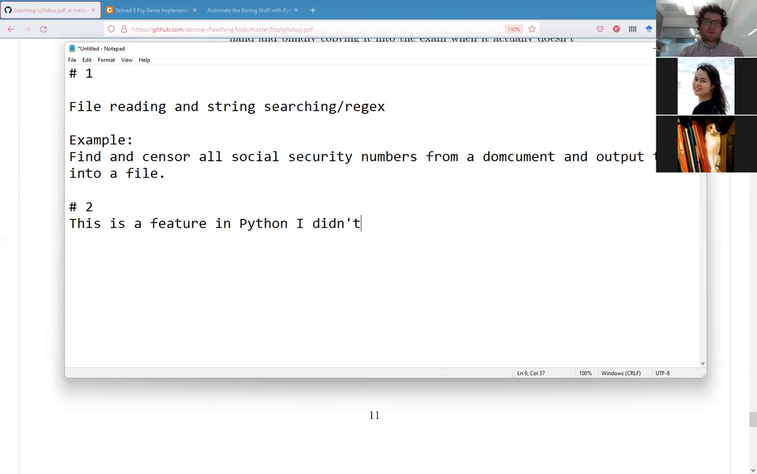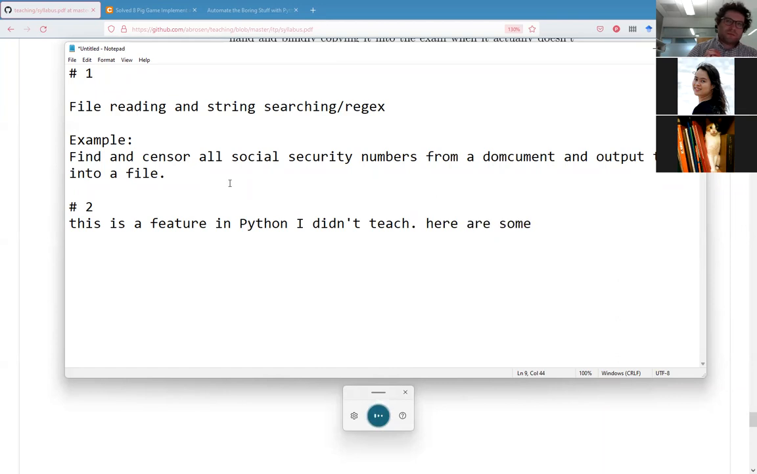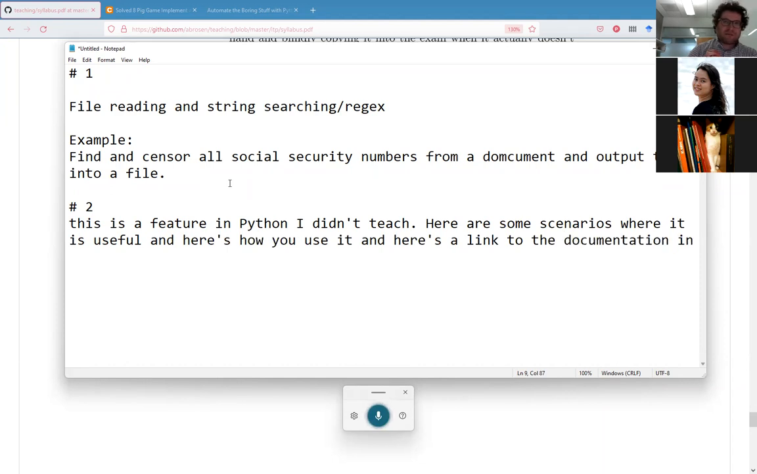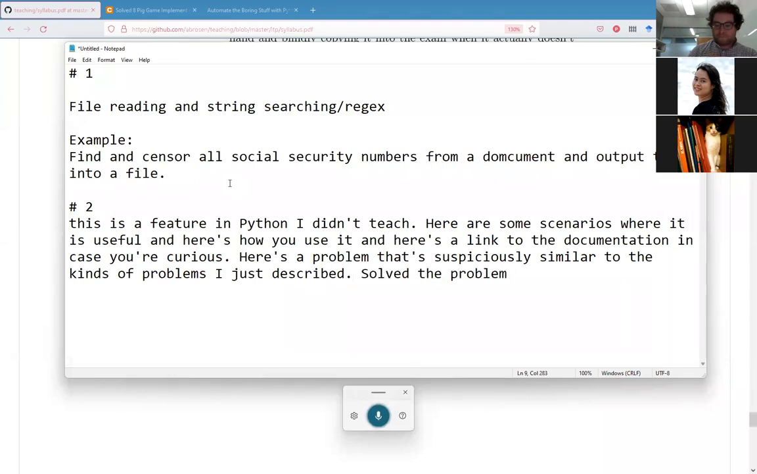So let's see if I can do that. Hold on a second. This is a feature in Python I didn't teach. Period. Here are some scenarios where it is useful. And here's how you use it. And here's a link to the documentation in case you're curious. Period. Here's a problem that's suspiciously similar to the kinds of problems I just described. Period. Solve the problem. Here I'm testing you on the ability: can you learn? And as I've shown in previous semesters,